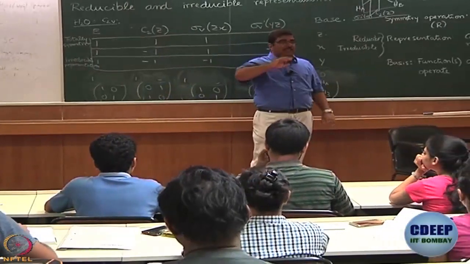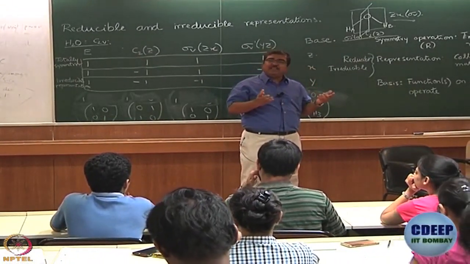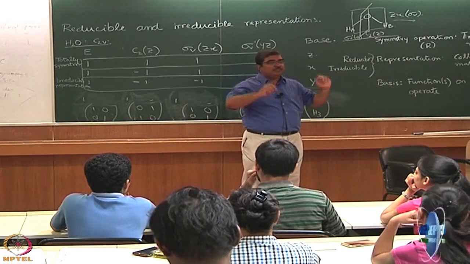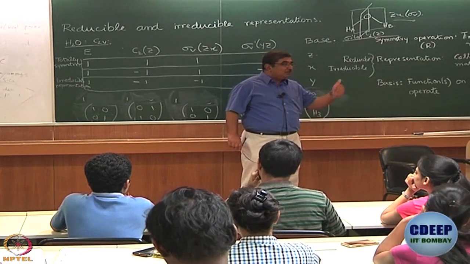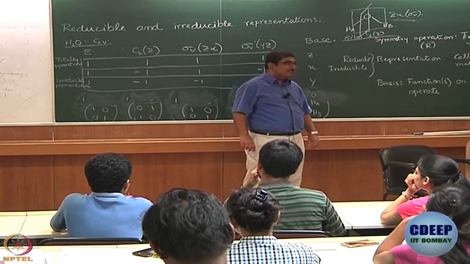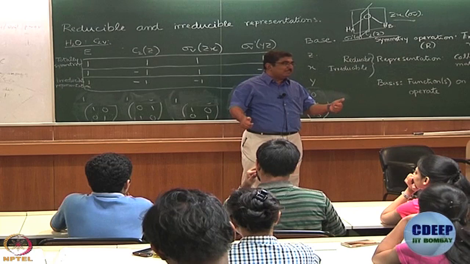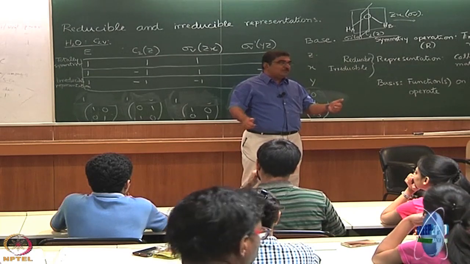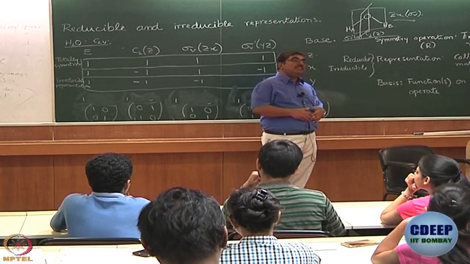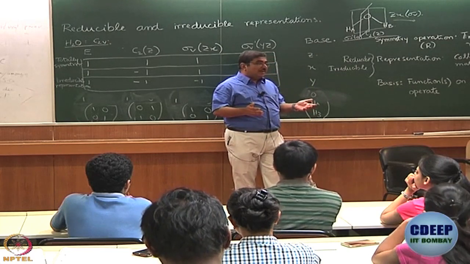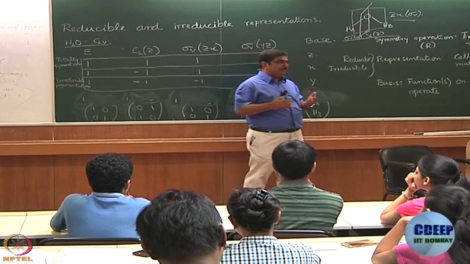What I have done essentially is that instead of saying I am using the atoms O, HA, HB, I might as well have said I am using the 2s orbital and the 1s orbitals of these atoms. I would have got the same representation, right. But suppose I used the pz orbitals, I would get the same representation. Suppose I used px orbitals, I would get a different representation, right. So, all are valid bases. You might want to work with all of them. The question is the representation that we end up using all of those, are they reducible, are they irreducible? That is what we are trying to get at.